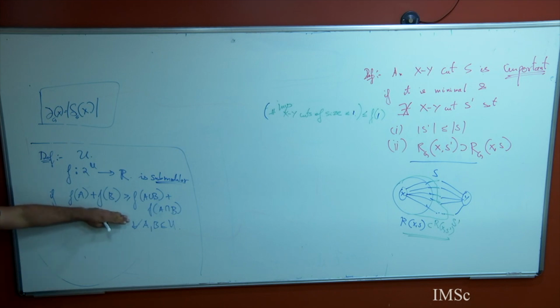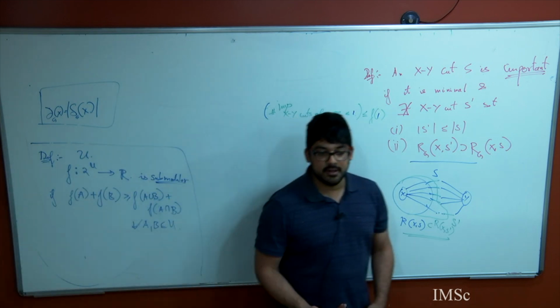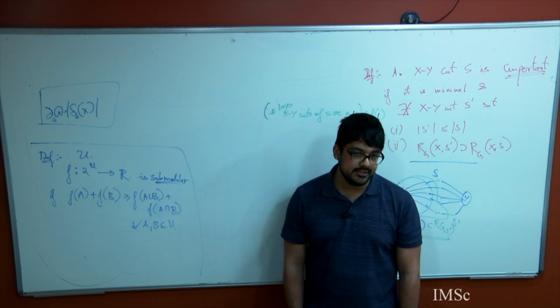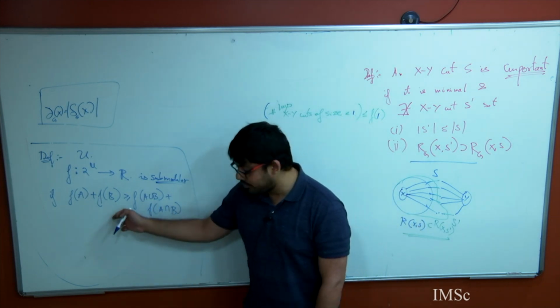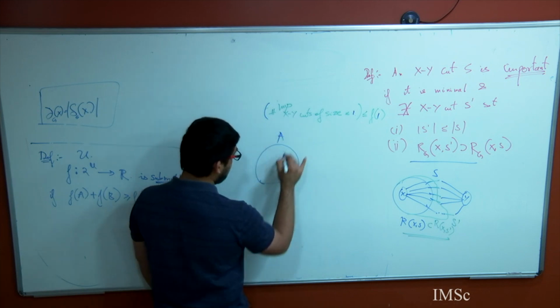So it satisfies this inequality. And this I'm going to leave as a proof. But how would you prove something like that? How would you prove that this is submodular? Well, I'm going to take a couple of these sets and prove to you that this inequality holds. So let's say you have A,